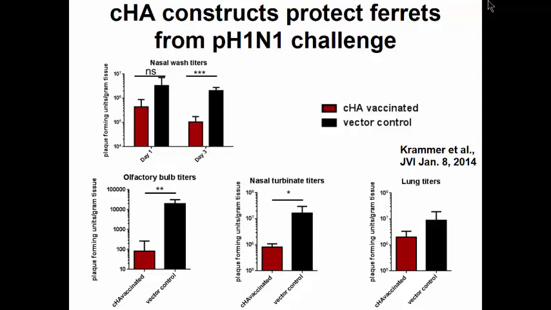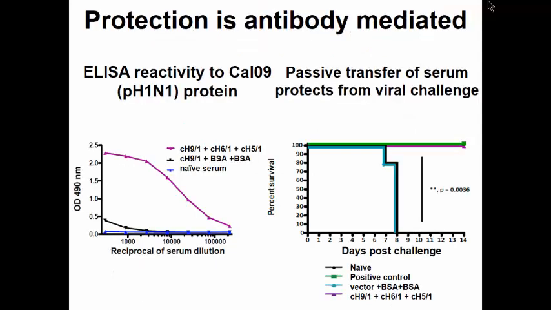What have we done in terms of the mechanism? The mechanism is clearly antibody mediated, because we can take the sera from mice which we immunized the way I described before and just passively transfer them into naive mice, and we get, again, complete protection, as can be shown here, and that goes also not only against all variants within one subtype, but also from one subtype in group 1 to another subtype in group 1.